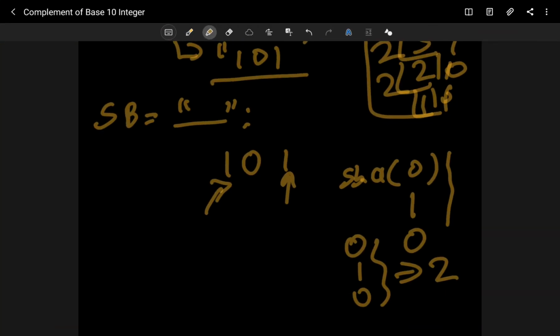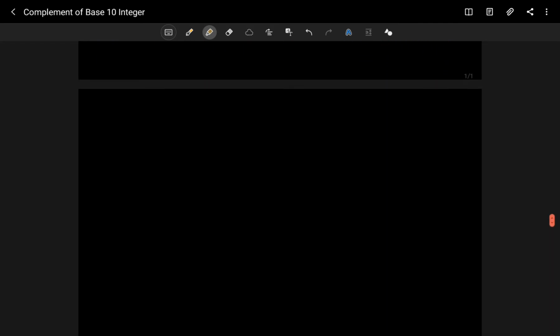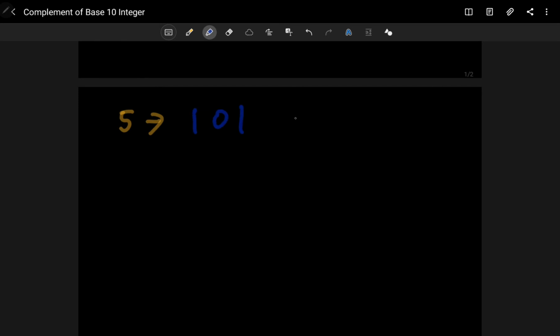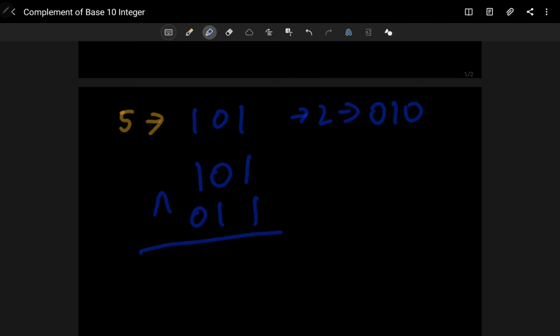So this is one basic simple approach, you can try it out. And another approach we can take: if you check our input and convert it to a binary number, it will look like this, 1 0 1, and the output is 2. The binary representation of 2 is 0 1 0. So if you do the XOR between this input and output, what will it be? It will be all 1.